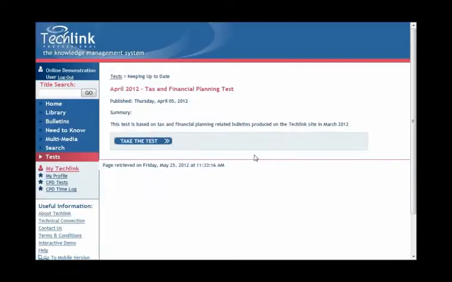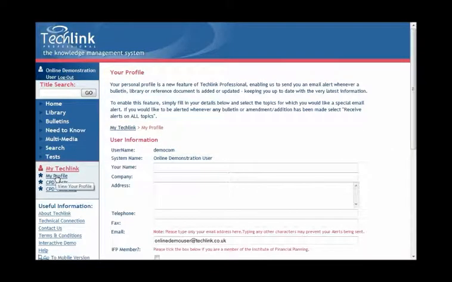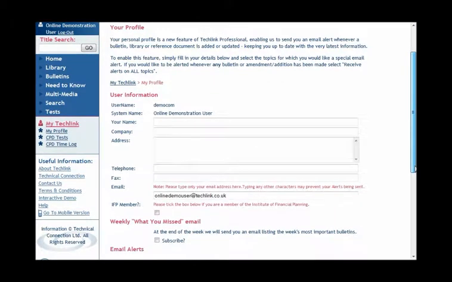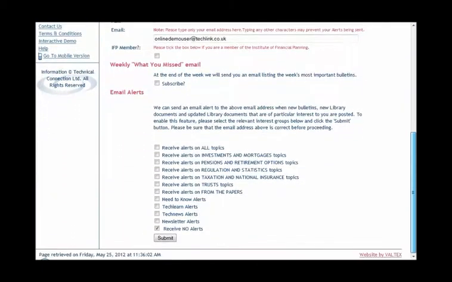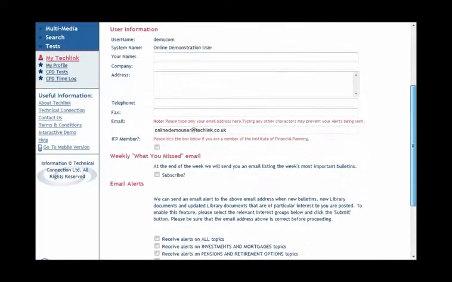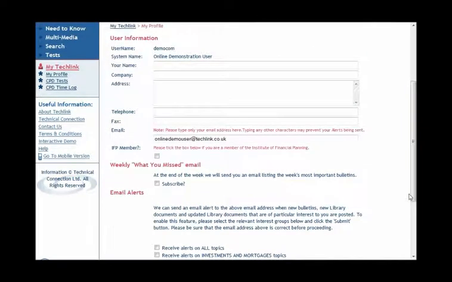of the test page. We will now look at the My Profile page, available by clicking on My Profile under the My Techlink section on the left. The profile screen is split into three sections: User Information, the weekly What You Missed email, and Email Alerts. By completing the user information, this enables us to contact you regarding Techlink matters. By completing your email details in the profile page, you will have access to the What You Missed email and